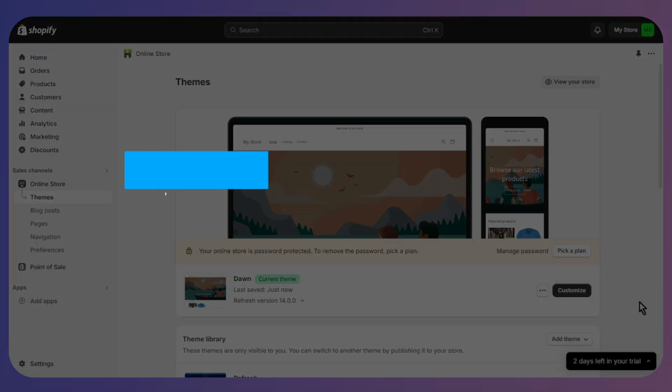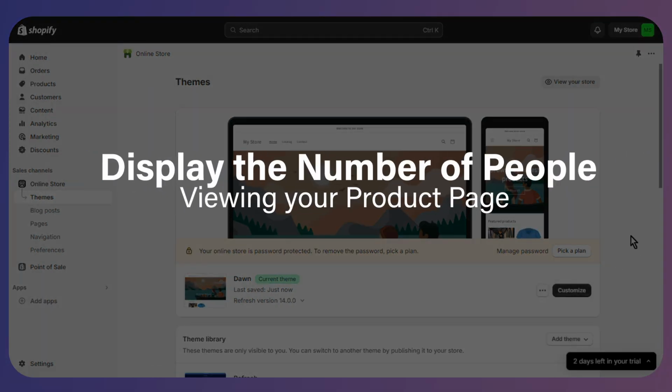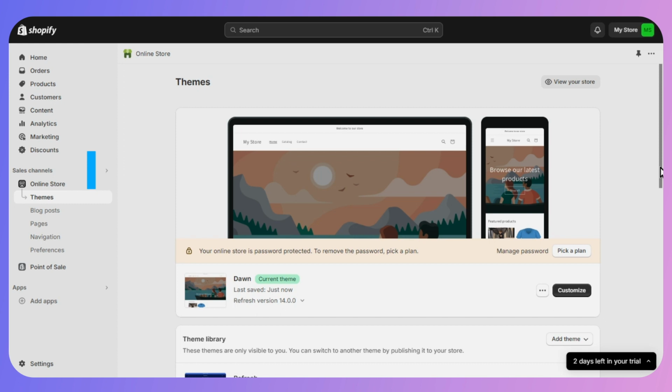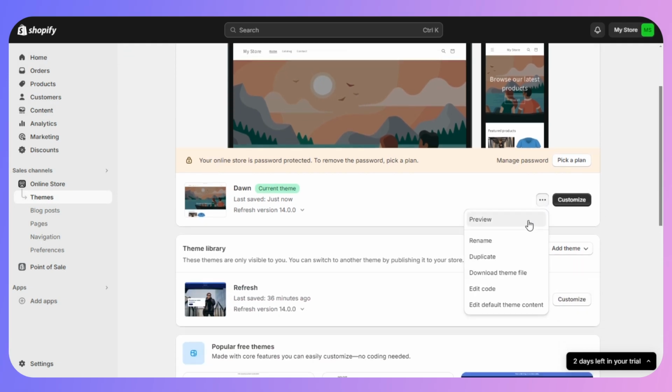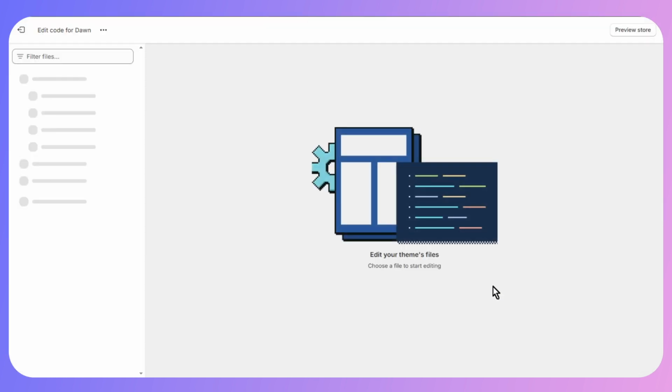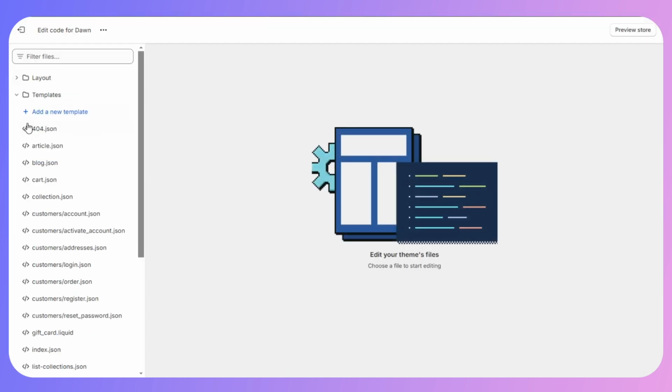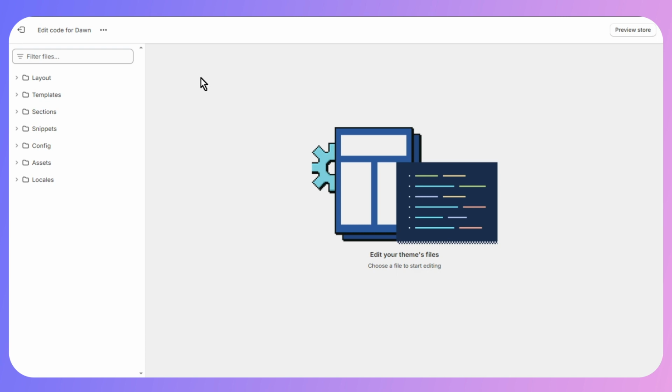How to display number of people viewing your product page on Shopify store. So first of all, what you need to do is to simply click on the three dots and click on this edit code. Now you don't need to worry about, I have left the link in the description below of